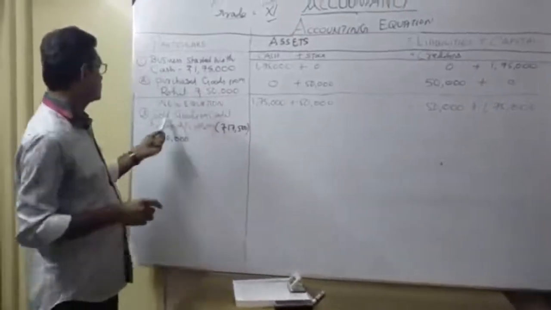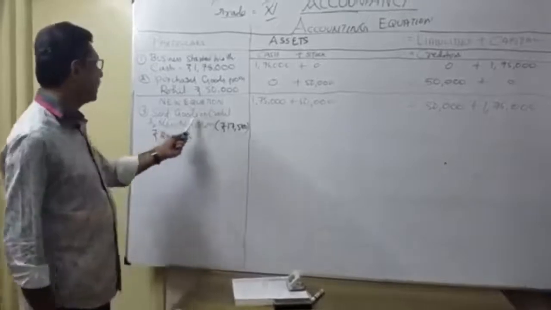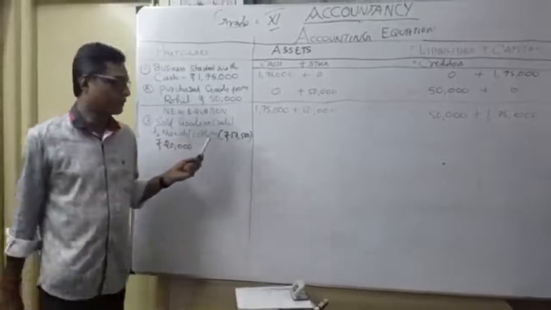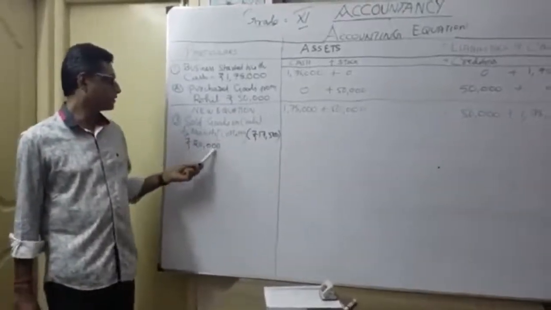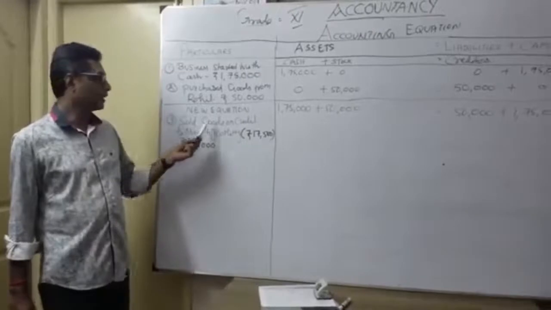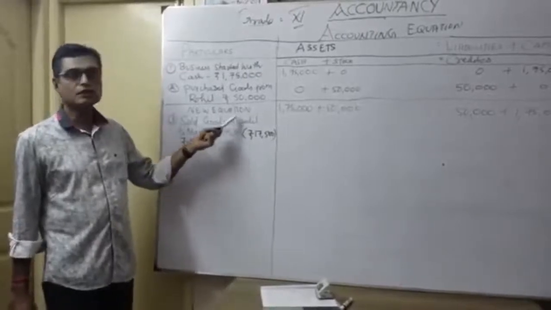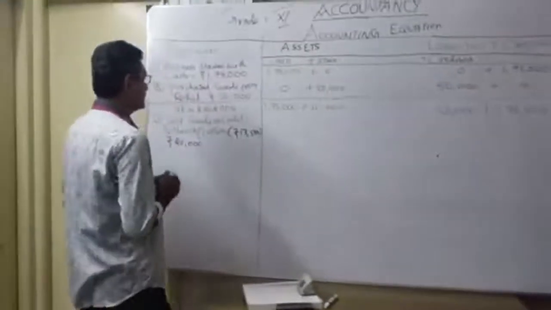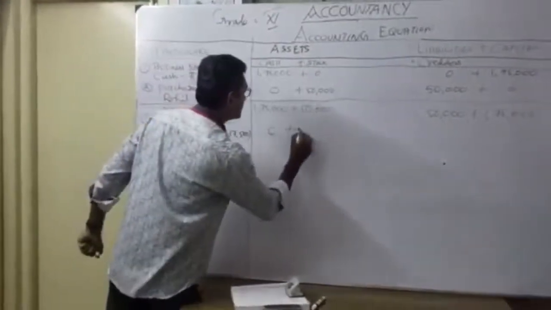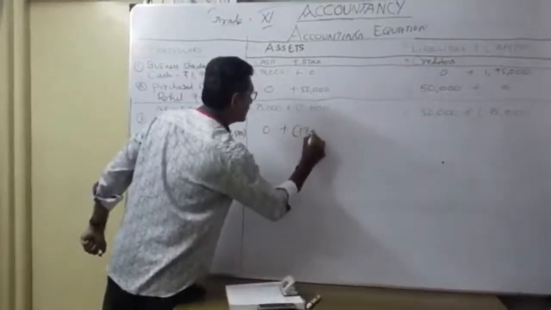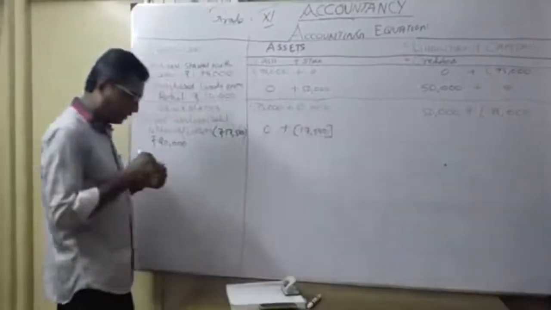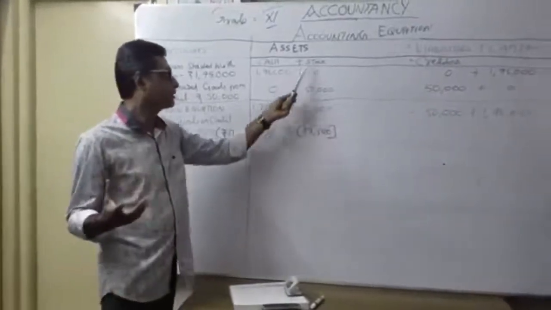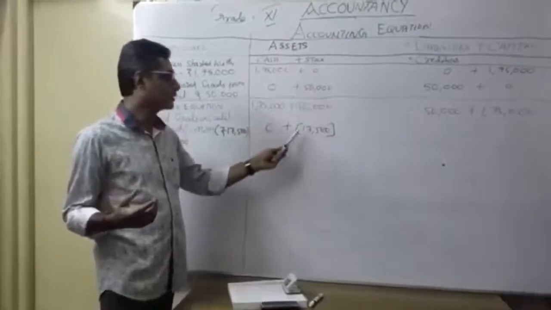I sold goods to Manish, 17,500 worth of goods. I'm going to sell for 20,000 to whom? Manish. Not cash, here also it is credit sales. So how to enter it here? Once I write it here, my stock will be reduced. Now understood? I put it in the bracket, because I sold, so my goods are gone. The 17,500 worth of goods I showed as stock is going to reduce. That's why I'm putting it in the bracket.